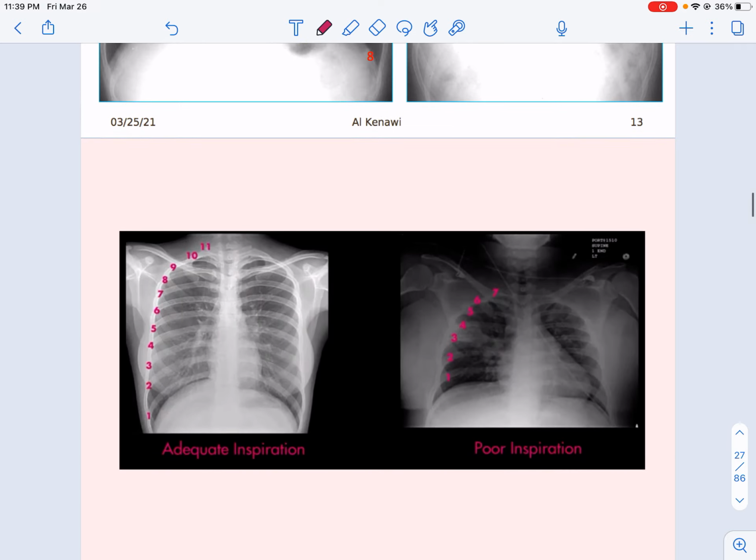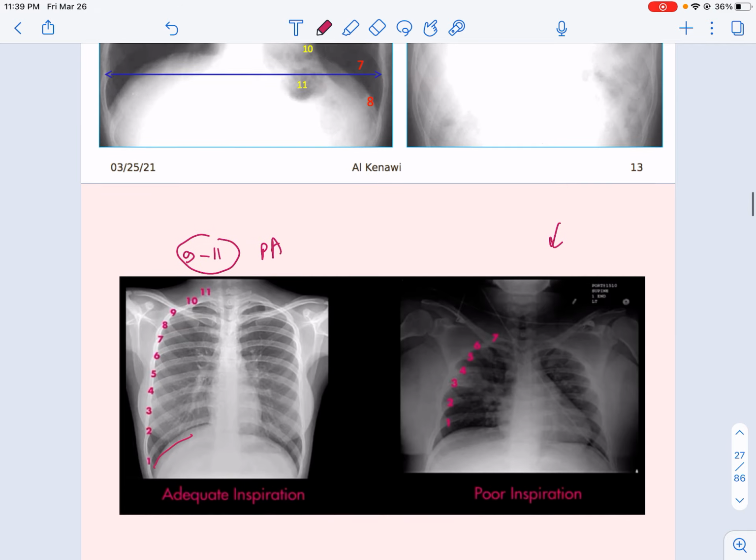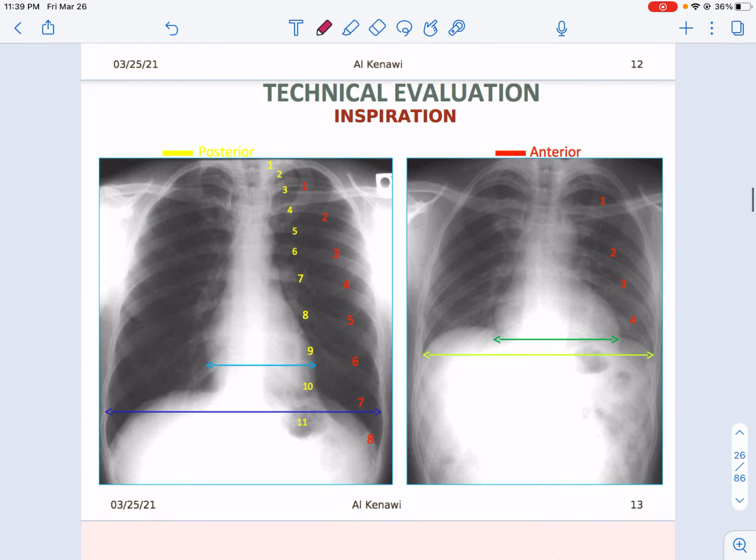هنا عندي صورة أوضح. مثلا we need to count from like if had a diaphragm, count the reps. Usually it's gonna be from 9 to 11 reps. هذا normal from the PA view. تمام؟ إذا كانت الريبس أقل من هذا الرينج فهذا حيكون poor inspiration. So we need to know this علشان في بعض ال diseases depend on the inspiration. تمام؟ ف basically هنا